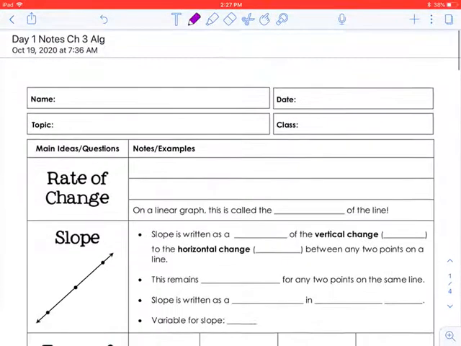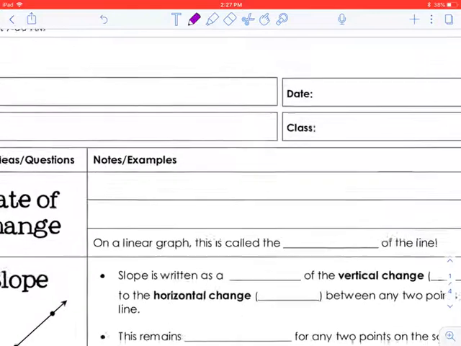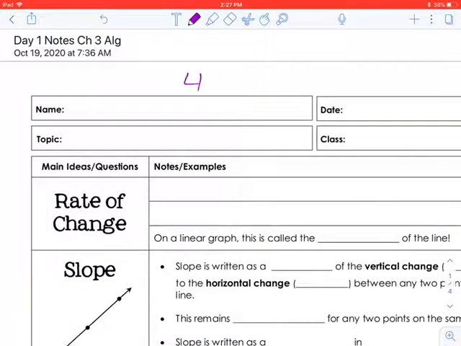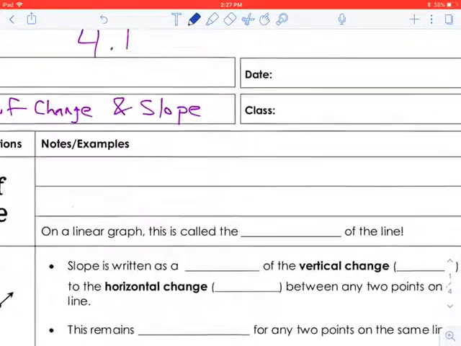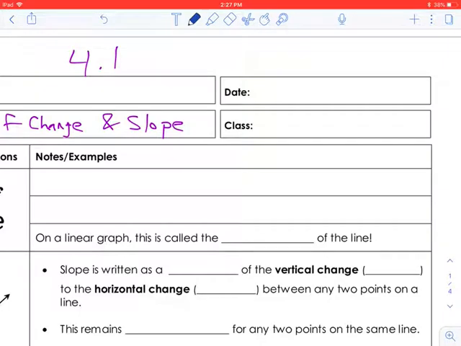All right, Algebra 1, we are looking at a couple different sections. The first being 4.1, which is rate of change and slope. And we're not going to be going through every single little thing here. I think a lot of this should be review, but the rate of change is a ratio, which is a fraction, okay? So a ratio is basically a comparison. So a ratio or a fraction that compares